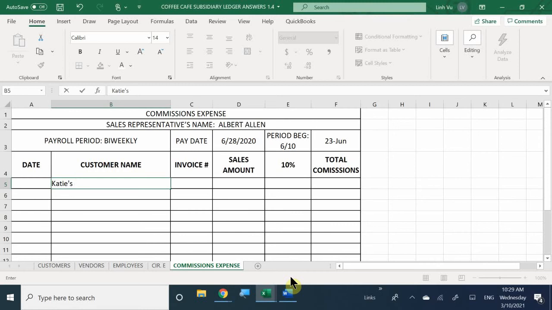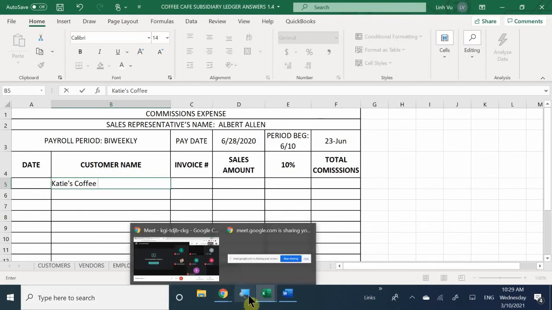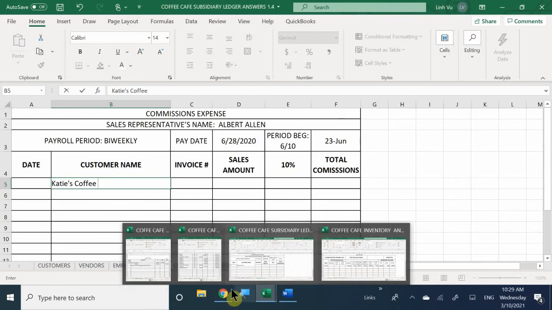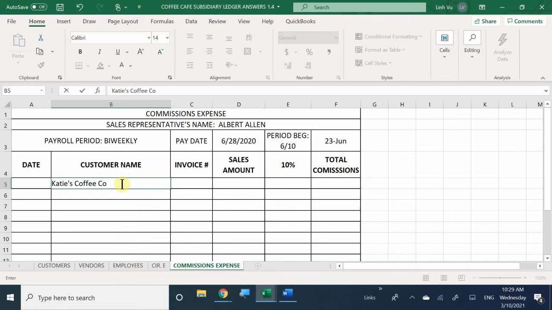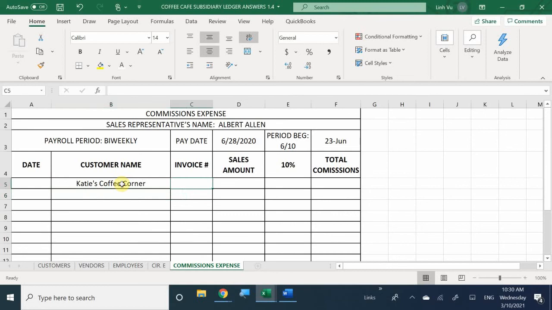So again, this is Katie's Coffee Corner. Actually, no, Katie's Coffee. Oh, it is corner. Okay, so Katie's Coffee Corner. Perfect. All right. At least I know I'm going to be submitting something to them. Invoice, we haven't invoiced them yet, but we should write a sales amount because we're pending on the sale. So in this case, my sales order is going to be for the,